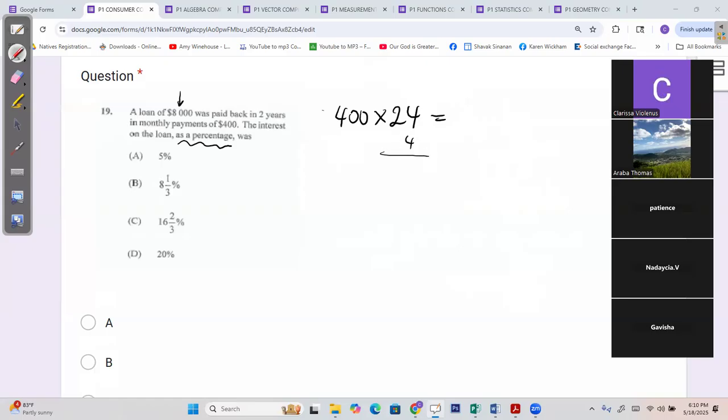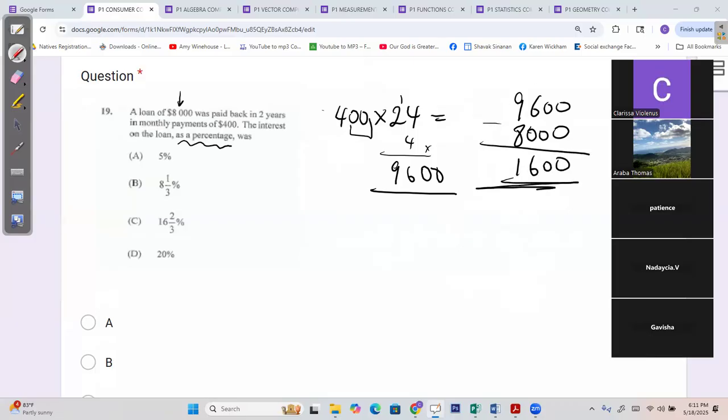So we're going to just multiply 24 by 4 and then add on 2 zeros. That's the fastest way. 4 times 4 is 16. Right? 4 times 2 is 8, 9. And then I just add on 2 zeros. Watch how I did that. I just multiply by the 4 and then I add on 2 zeros. So this is how much we actually pay back. So what is the interest? If the original loan was 8,000 and I end up paying back 9,600, how do we find the interest? Subtract. So the interest is 1,600,